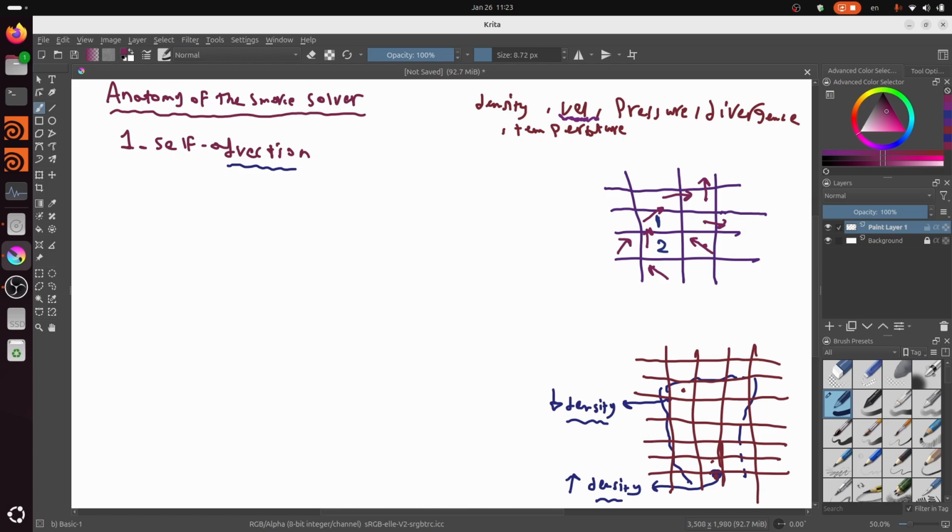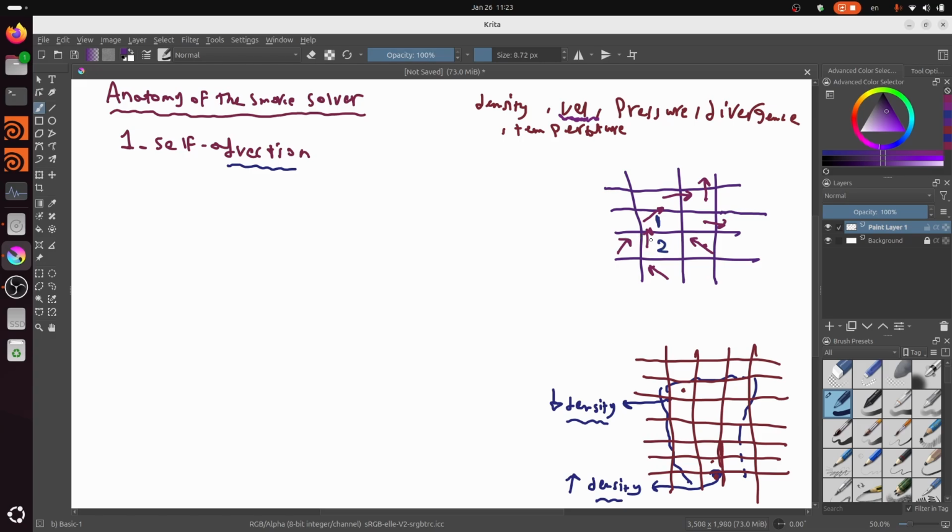So suppose that this is our velocity field, and this velocity field is just the vectors that will determine the direction and the speed of our smoke. So here, for example, at this voxel, you have your velocity field looking like this. So this means that our smoke at this area should move in this direction, and here it should move in this direction. Okay, so